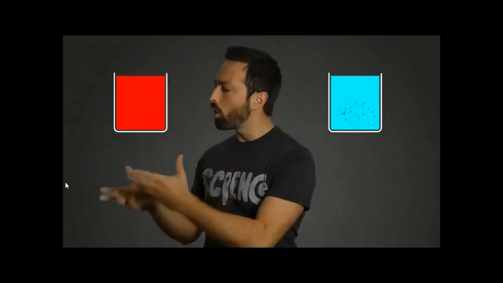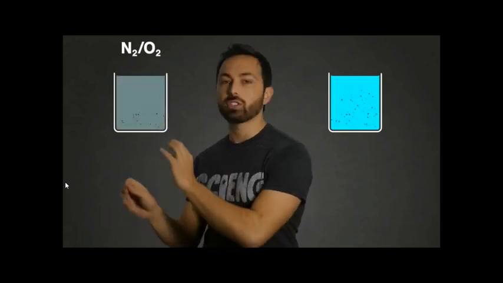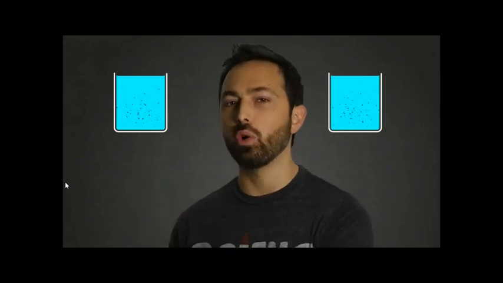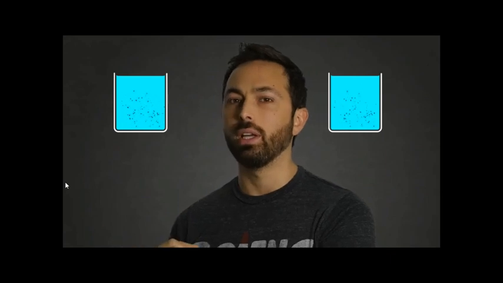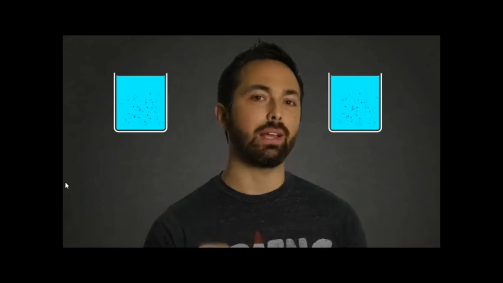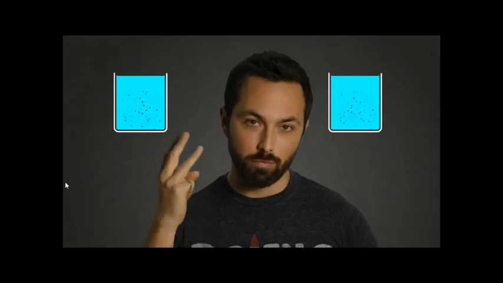So hypothesis number 2 is based on dissolved gases. One known difference between warm and cool water is the amount of dissolved gases. There's more in the colder water than in hot. So as warm water cools down, gases are constantly dissolving into it. But this is an exothermic process, so it should actually slow cooling down rather than speed it up. Exothermic means that it releases thermal energy, so it actually would warm up the water by the gases going into it. So dissolved gas concentrations might play a role together with the next proposed explanation, number 3,